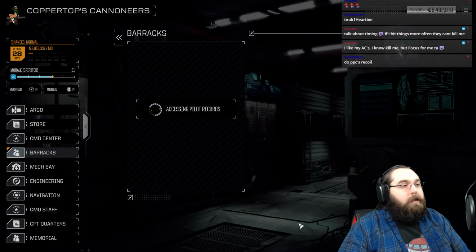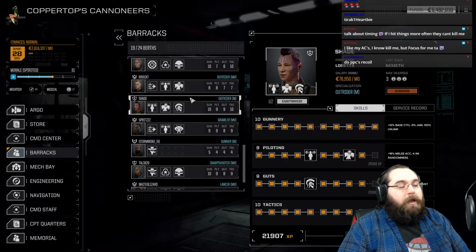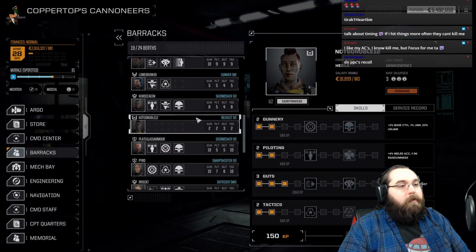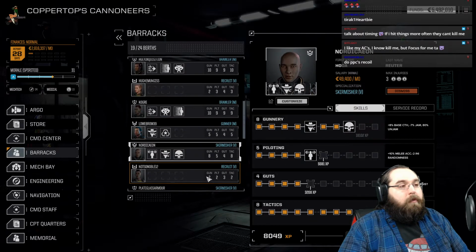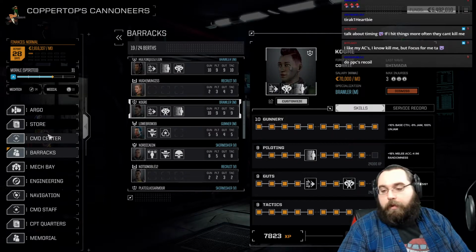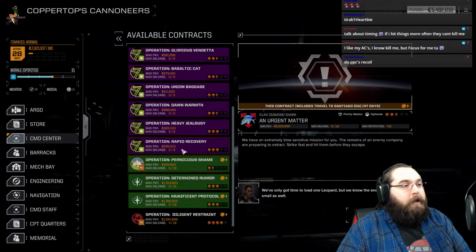Some of that tactics. One of the most important abilities in the game, tactics now. Tactics used to be such a dumb stat, and now it's amazing. Alright, that's everybody. Didn't actually need all that much work. Alright, I need to do...